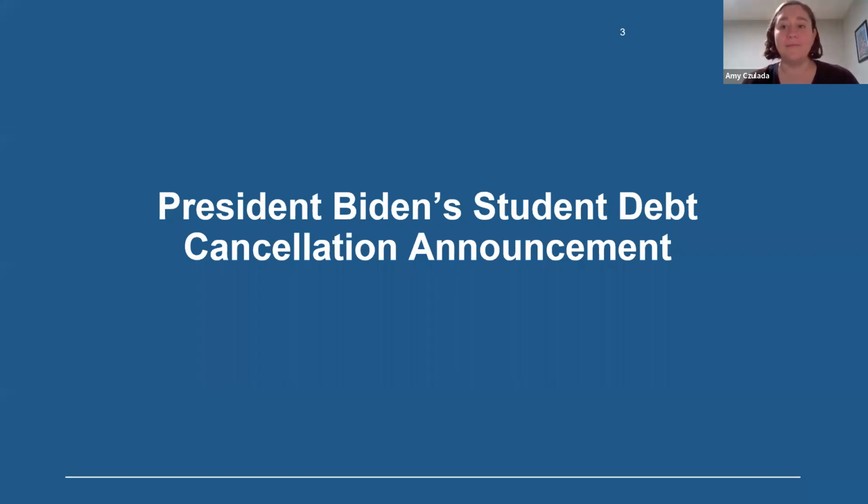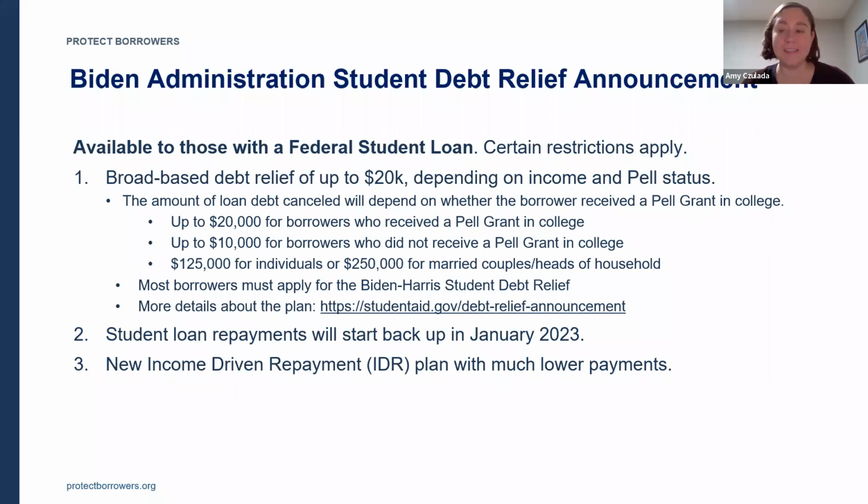So now, this past August, in recognition of some of the harmful economic impacts of the student debt crisis, President Biden announced a broad-based student debt relief plan for federal loan borrowers who meet certain income requirements. So the plan would provide up to $20,000 in debt cancellation for borrowers who had previously received a Pell Grant at any point in their educational career, and also that they meet certain income requirements. The plan would also cancel up to $10,000 for borrowers who did not receive a Pell Grant, but meet certain